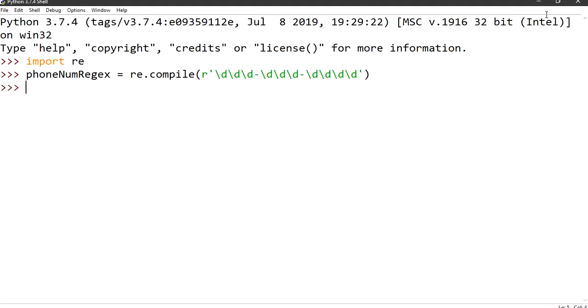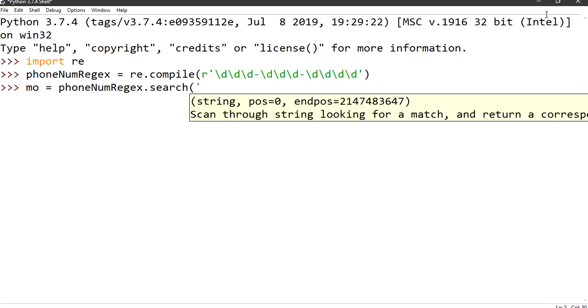Okay, now moving forward, I'm going to make the object. It is called a match object. We're going to create a match object, like we're going to search for it. First of all, we need to search. What do I need to search? We need to search in regex, sorry, in the object phoneNumRegex. I need to search for